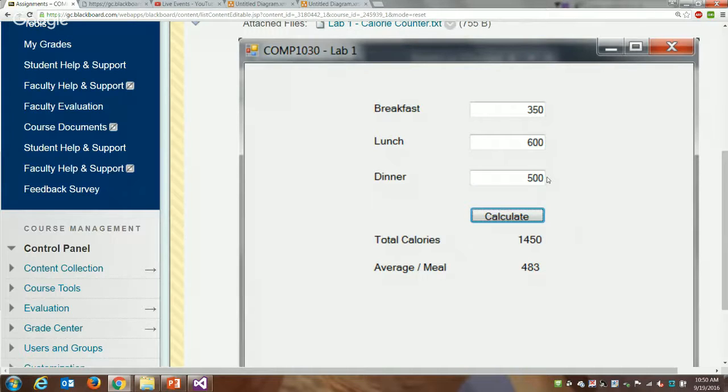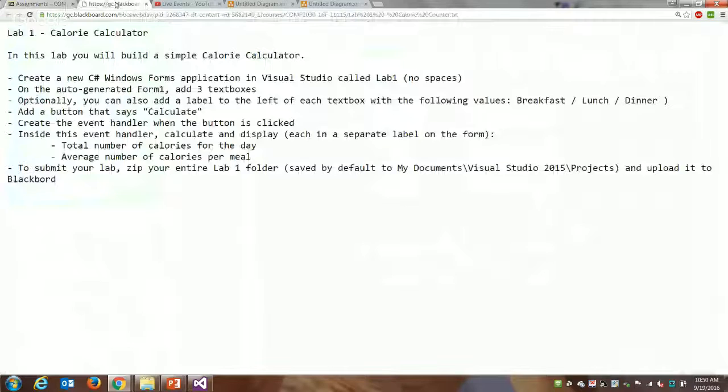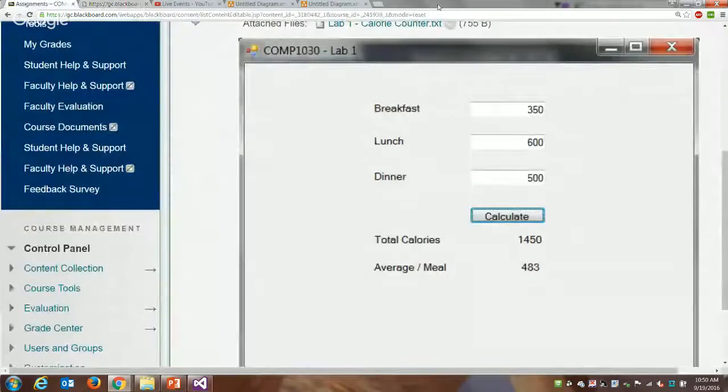Also, Max actually asked, how do you submit this? So I will show you how to do it. So there's your lab. That's what it should look like. So once you have this working,